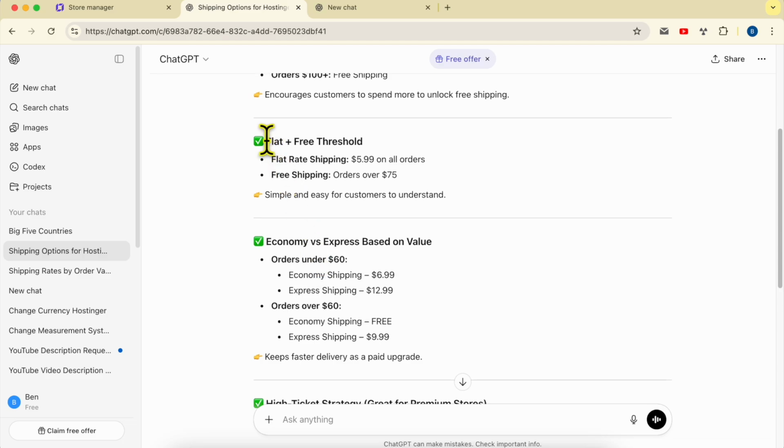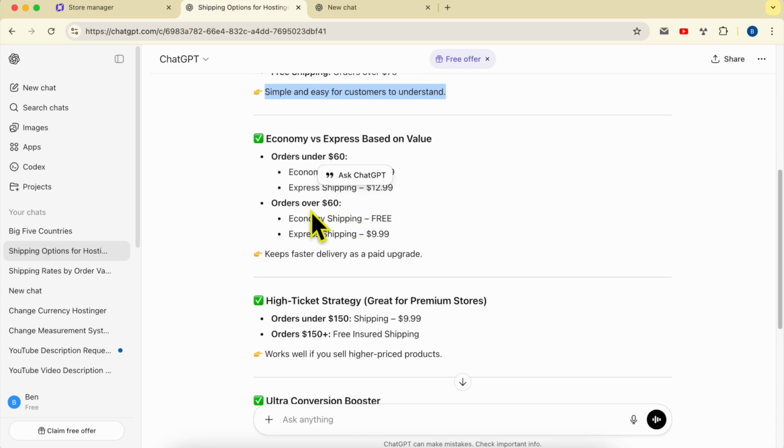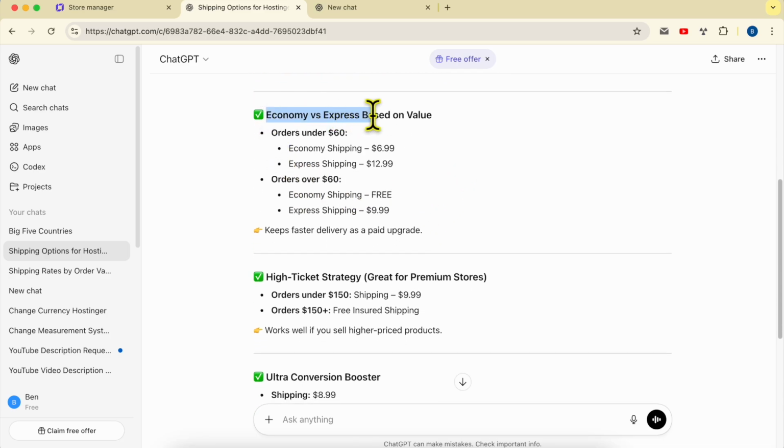The second shipping system is flat plus free threshold. You offer a flat rate shipping, say $5.99 on all orders, and you offer free shipping on orders above $75. This system is simple and easy for customers to understand. There is also economy versus express based on value. For orders under $60, for example, you offer economy shipping $6.99 and express shipping $12.99. And for orders above $60, you offer economy shipping for free and express shipping for $9.99. This keeps faster delivery